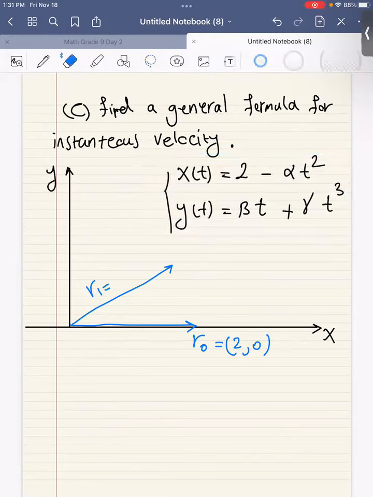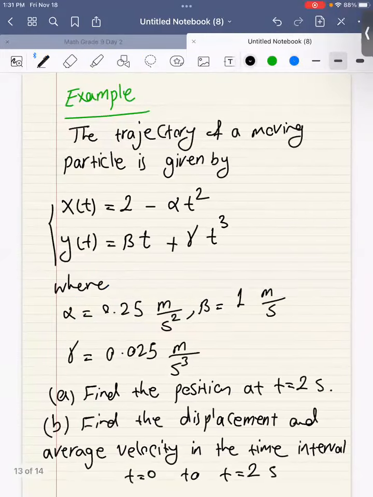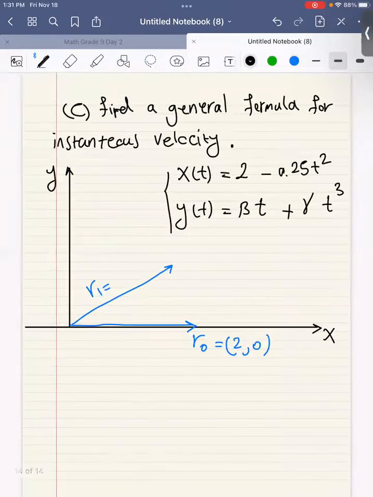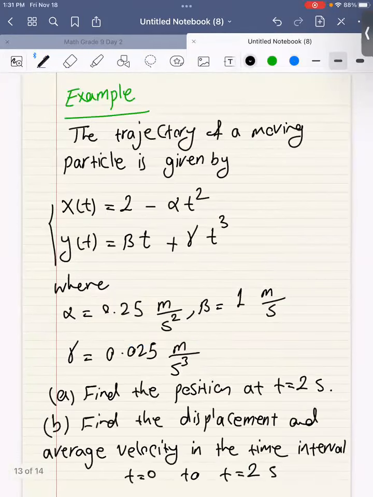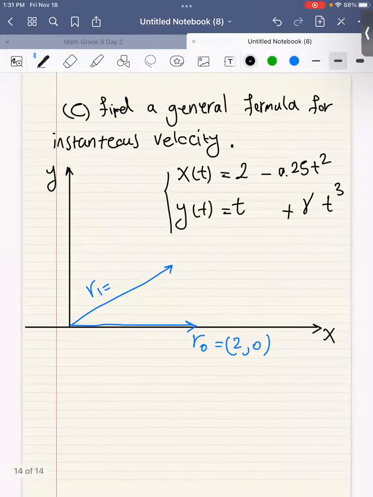And we know that alpha is 0.25, so here I just put the value of alpha, 0.25 times t squared. Beta is 1 and gamma is 0.025. So beta is 1, so it's t. And gamma is